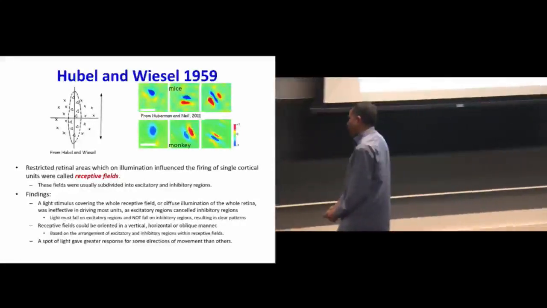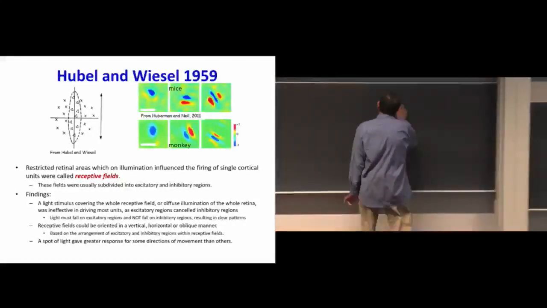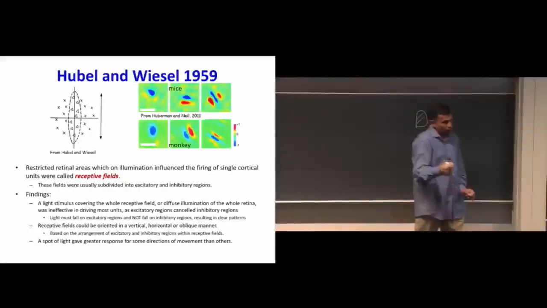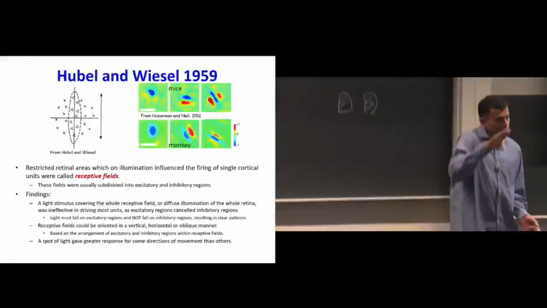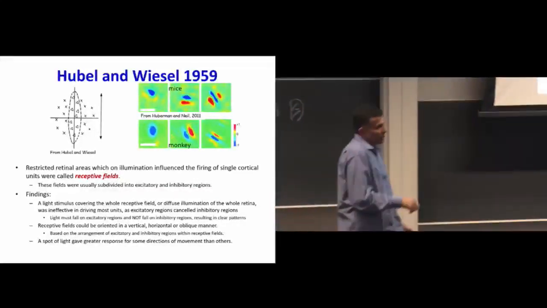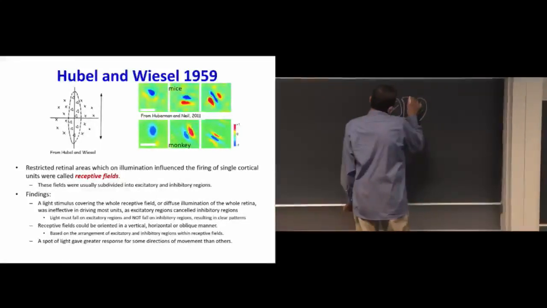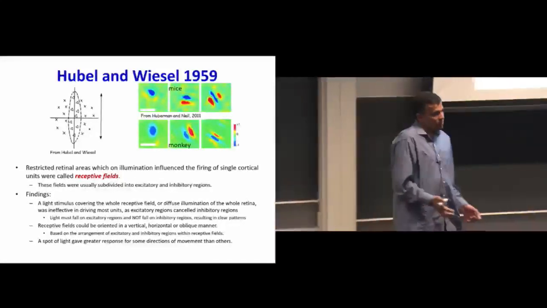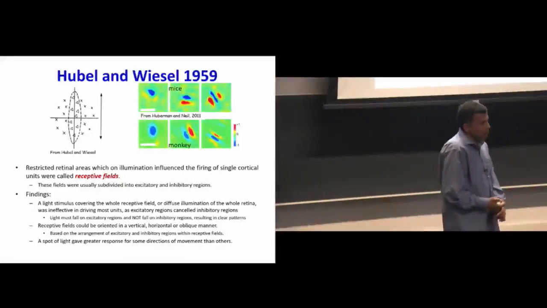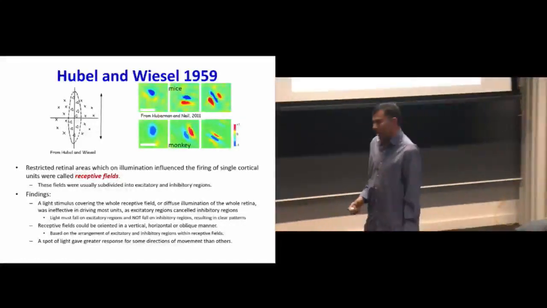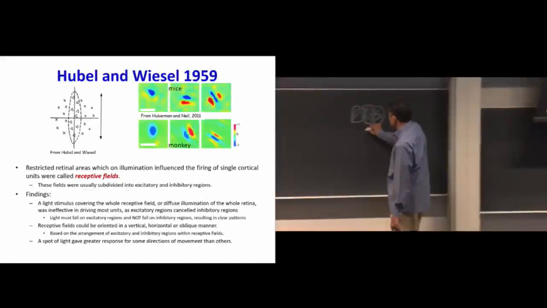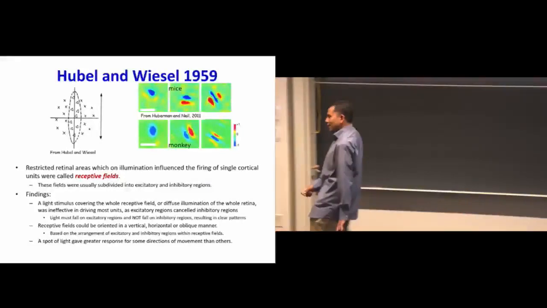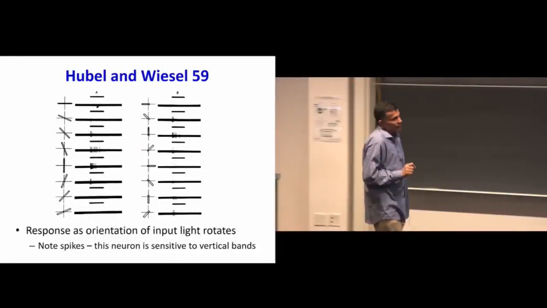It turns out that for any particular neuron, you would have regions where, if light fell in these regions, the neuron would not respond. It basically suppressed the neuron. There were other regions where if light fell, the neuron would fire. And in the rest of the regions, the neuron had no response at all. So if you had diffuse light falling on the eye, these excitatory regions would cancel out these inhibitory regions, and there was really no response. But then when you began having very specific oriented patterns falling on the eye,